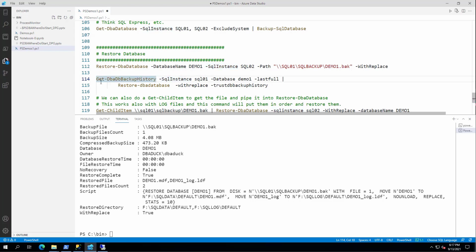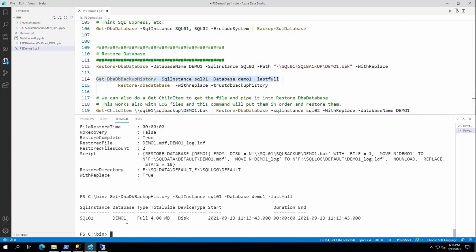This is the next example of a restore where I get the DBA backup history. So my SQL 01 here and my demo 1 database and my last full. So if I just execute that command only, you'll see what we get. We will get that it was a demo database. It was full, disk type, and backed up this time and this time. I can then pipe that into the restore-DBA database with replace, and I can trust the DB backup history. Okay, so if I execute this guy,